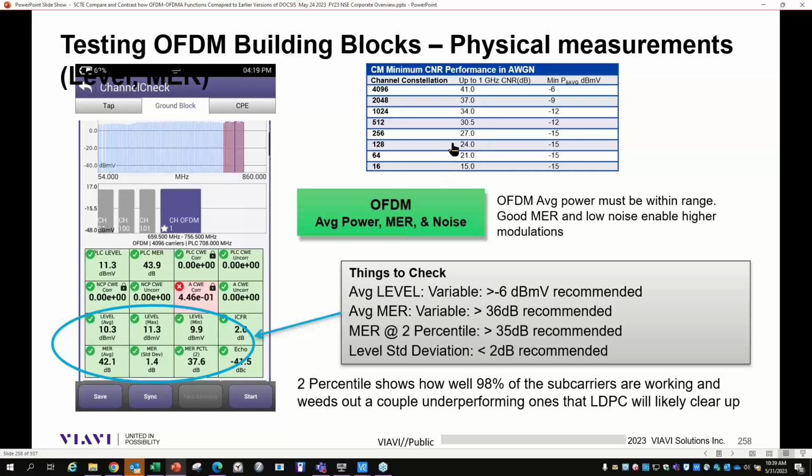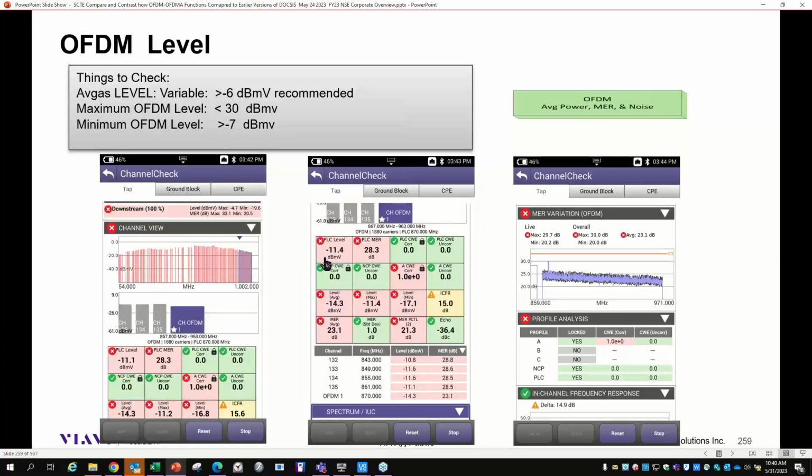So remember, subcarriers need better MER, right? That's why that other example at minus 15 for the PLC is great for these guys, not a problem for these guys, but it's a problem for the higher modulation delivery. Again, just as an example of looking at the carrier itself, right? So when we look at levels,